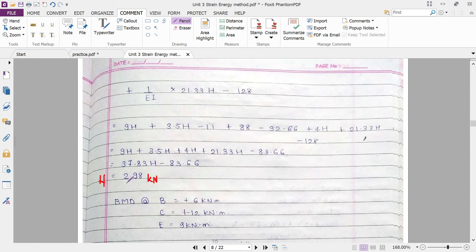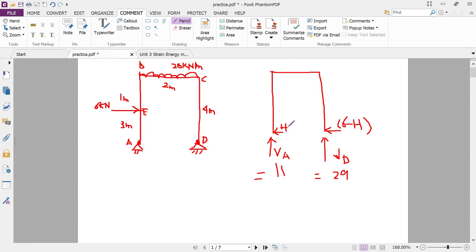Now let us see whether this h value is right or wrong. One thing I would like to tell you is that in structural analysis you can directly come to the conclusion whether your answer is right or wrong. How? Let us see. The value is 2.98, almost equal to 3. Now if I put this value of h here as 3, and here 6 minus 3, it will be 3 and it will be already 3. So 3 plus 3 will be equal to 6, and already this 6 kilonewton is acting in the rightward direction. So to counteract this 6 kilonewton we are getting the final answer as 3 or 2.98.